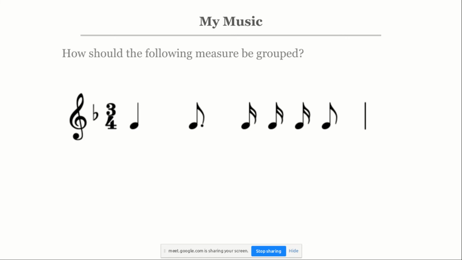Is a crochet. That is what we call a quarter note because it's a quarter of a semi-brief. And then the half of a crochet is a quaver. That's what we call an 8th note. You see how we go halving the values? So this is 3, 4, which means there are 3